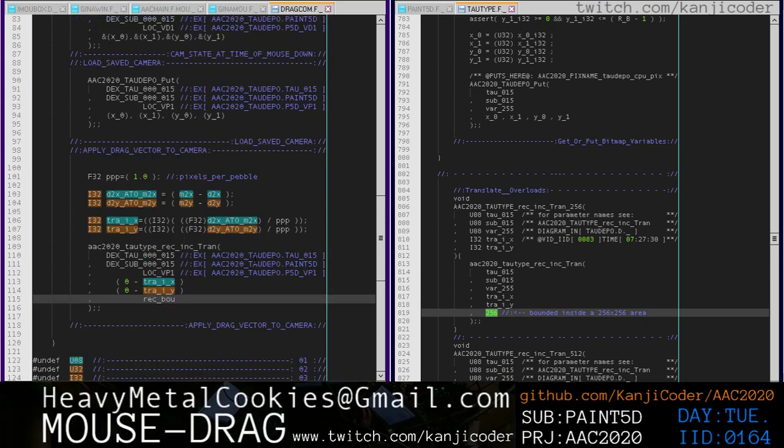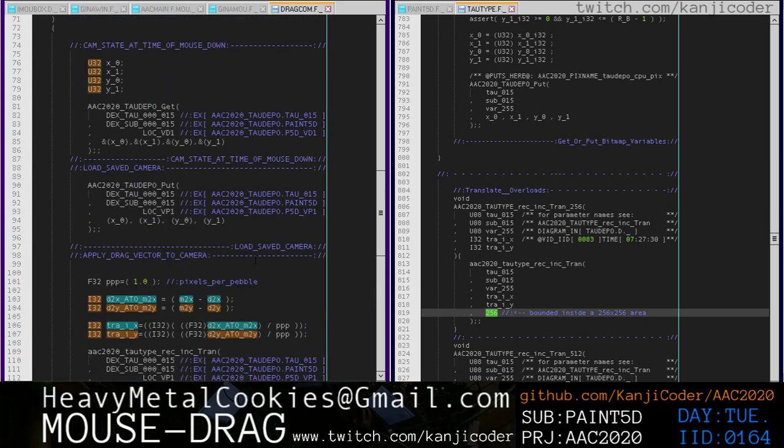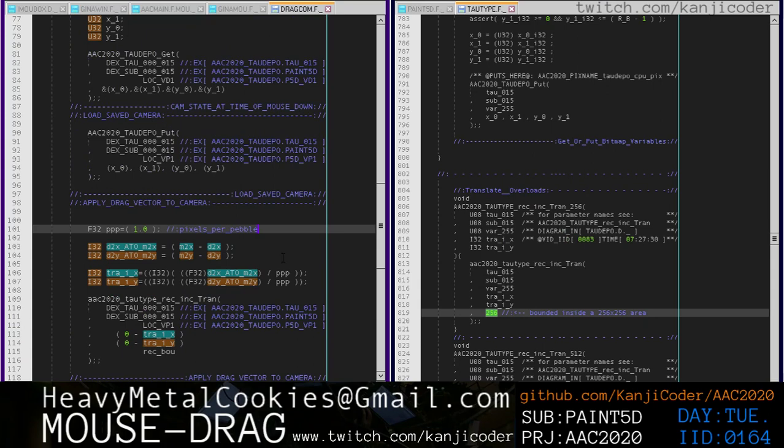Okay, so to get that scale factor, we need to know the pixels per pebble, right? How many pixels is one pebble? One pebble is the smallest kind of granular unit, right? We know the bounds is 256 by 256. So it's going to be the camera span divided by the rectangle bounds, right? The biggest camera span can be 256 over 256. If the camera span is half of that, we zoomed halfway in, then,